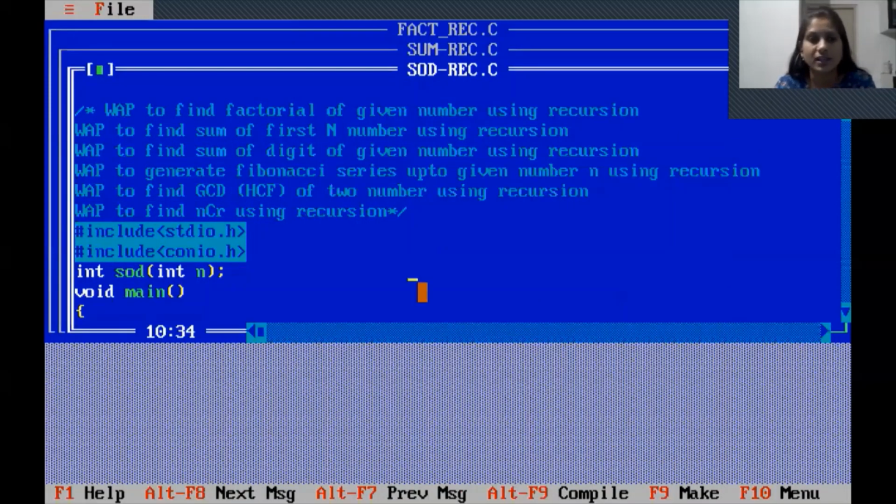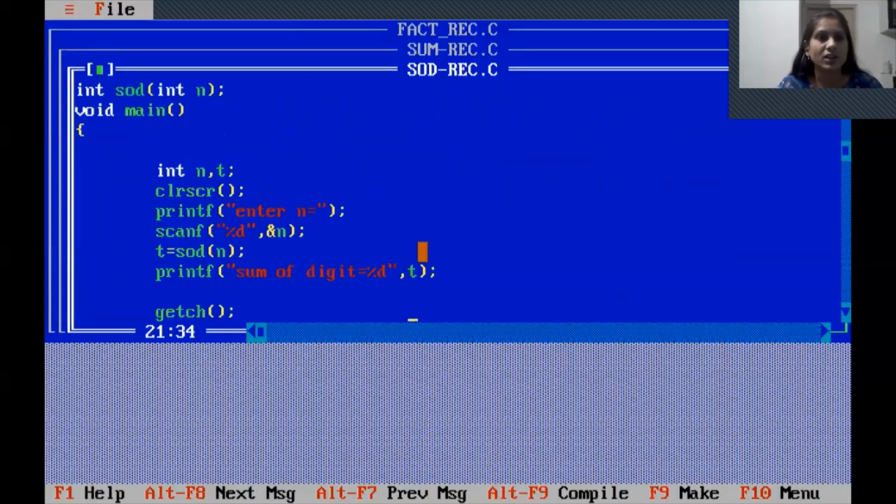Now what is the logic? Here the approach is the same, only the name changes first to SOD, that is sum of digits. We pass the number itself as the argument and return an integer value. Same here, we changed the name of the function to SOD. Suppose the number is 34, then our answer is 7, because the title is sum of digits. There are two digits, 3 and 4, so the answer is the sum, 7. That is our logic. Now how will it execute with recursion?